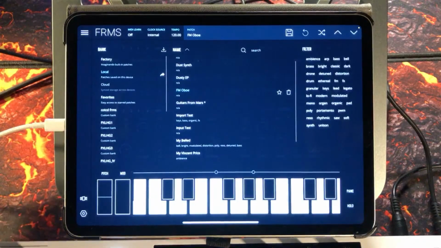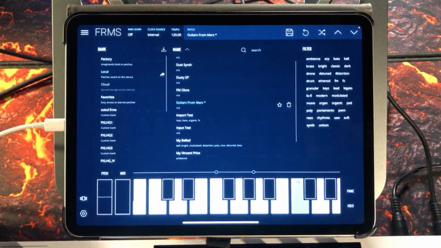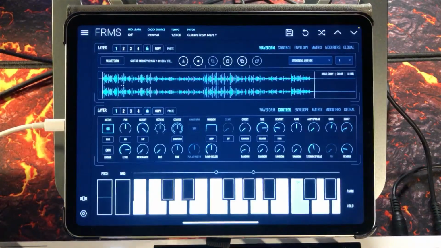So I'm playing just one note. No vocal sample in that Guitars from Mars. So the breakdown of that particular track, that particular